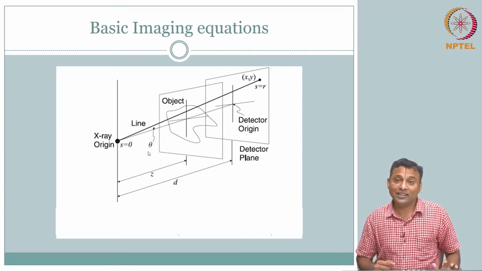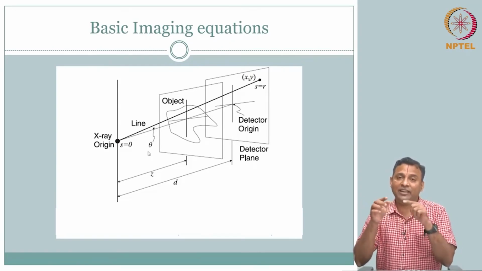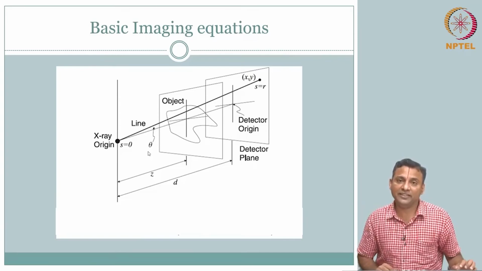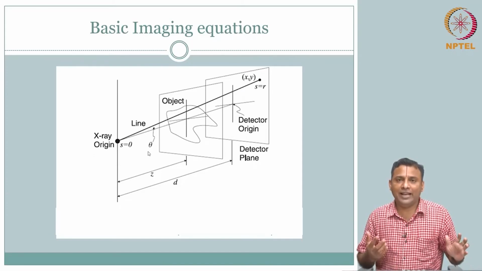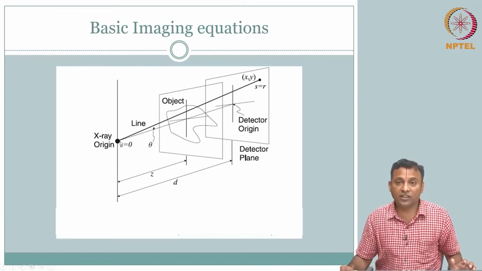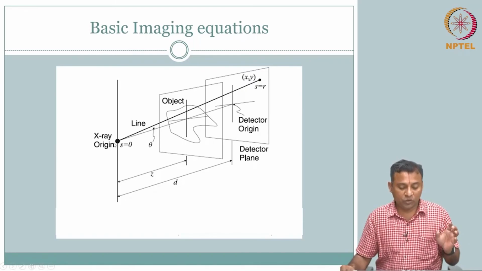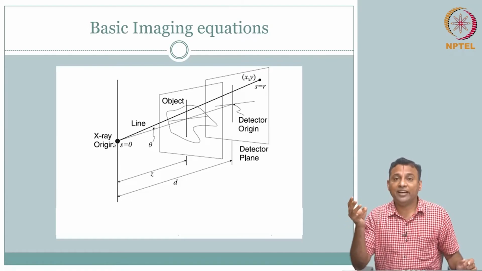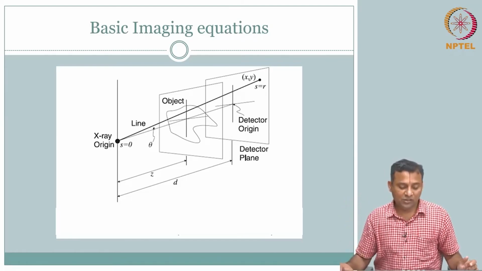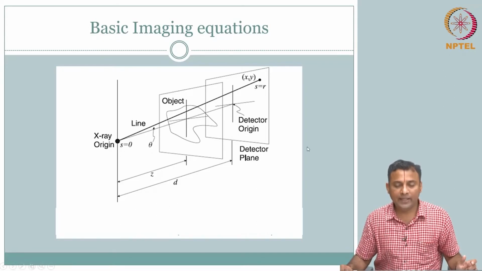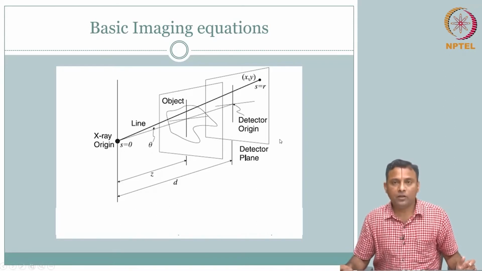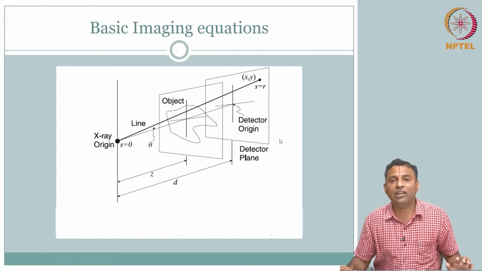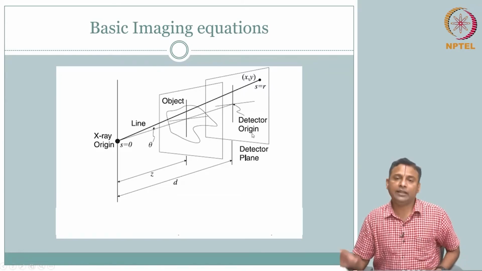Now the question is, is it actually hitting the detector everywhere the same way, or because of the instrumentation, is something not? You already have some answers. We already saw that the X-ray source is giving out a diverging cone. So we had filtration, we had restriction of field of view. Because of divergence and because of this setup, you have several factors that we need to incorporate in our imaging equation. That is what we will focus on in this imaging